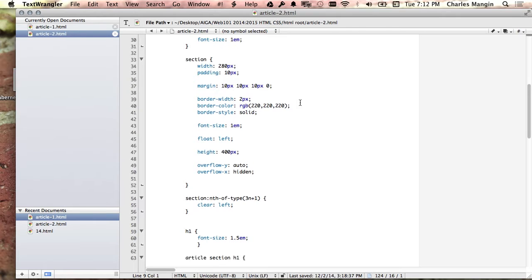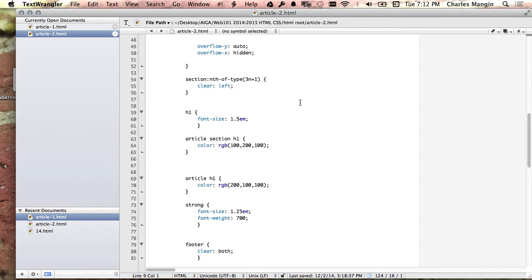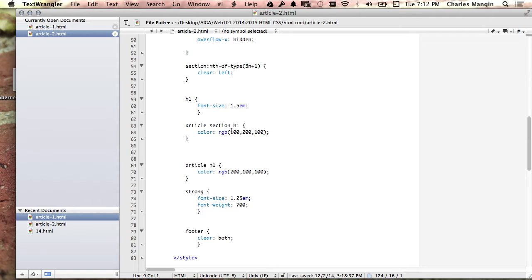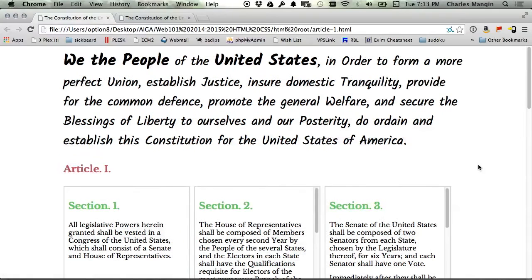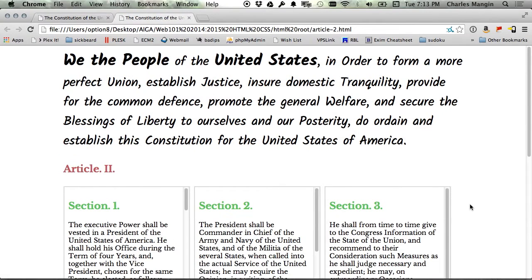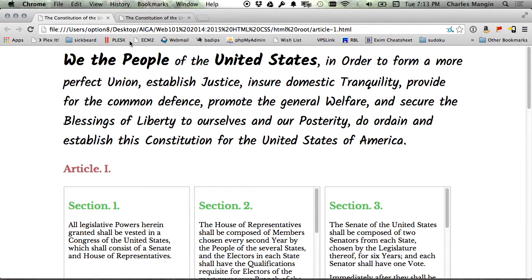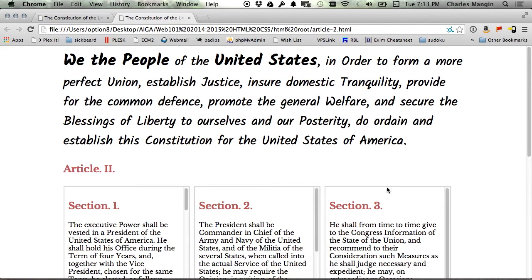So I want this section H1, instead of it being green, let's make it red. Or is it red and green? Let's make it red. So if I look in, oh wait a minute, where's my red headers? There they are. But that didn't get applied to Article 1 because I was only doing the CSS in the Article 2